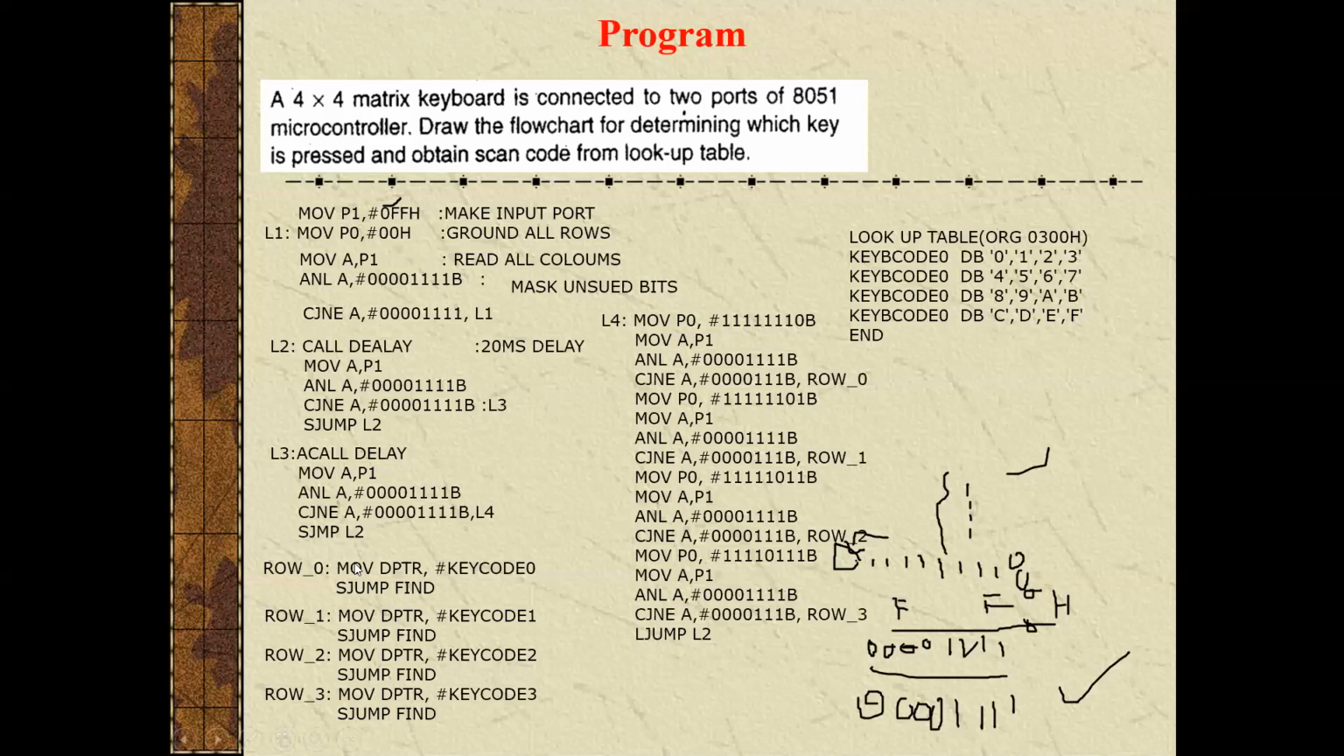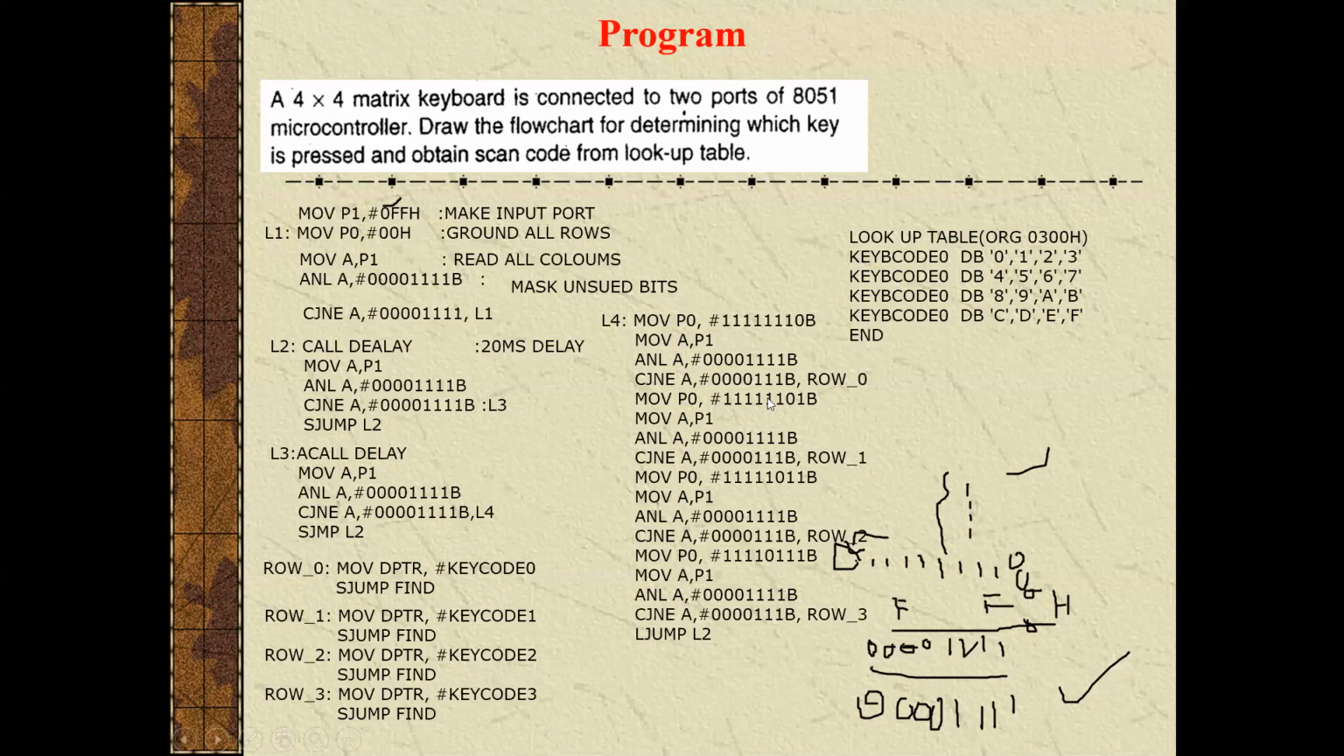See here, after what will happen in this row underscore 0 label, it will move this code into the DPTR. What is this? This is the address of this lookup table. So this is the information stored in the lookup table. The address of this lookup table starts from this org 300H. So this is the address of this lookup table at the